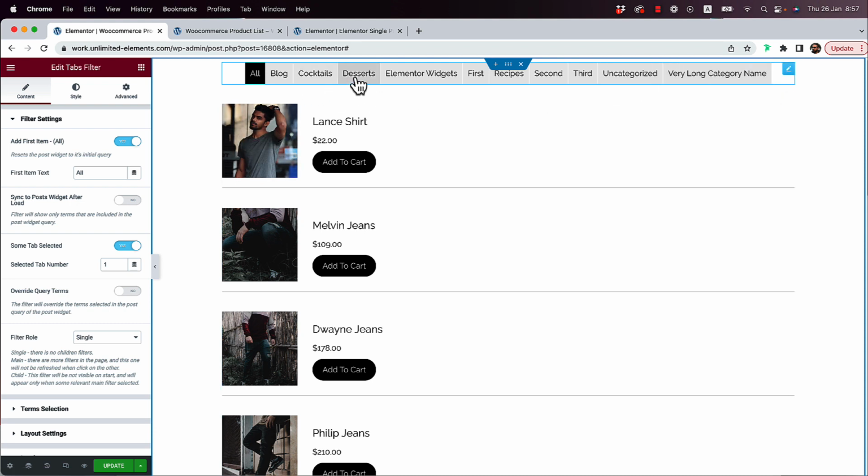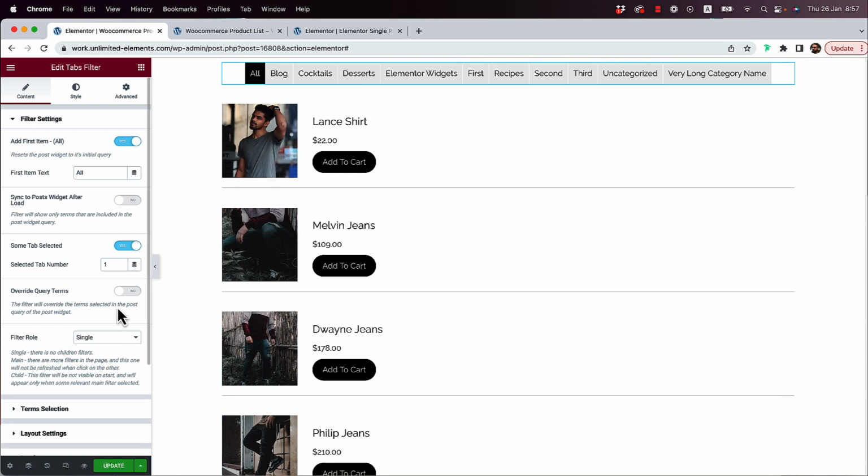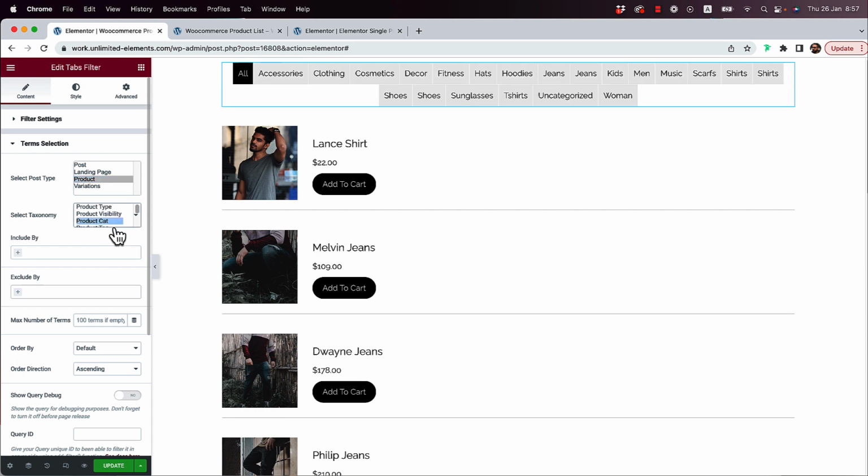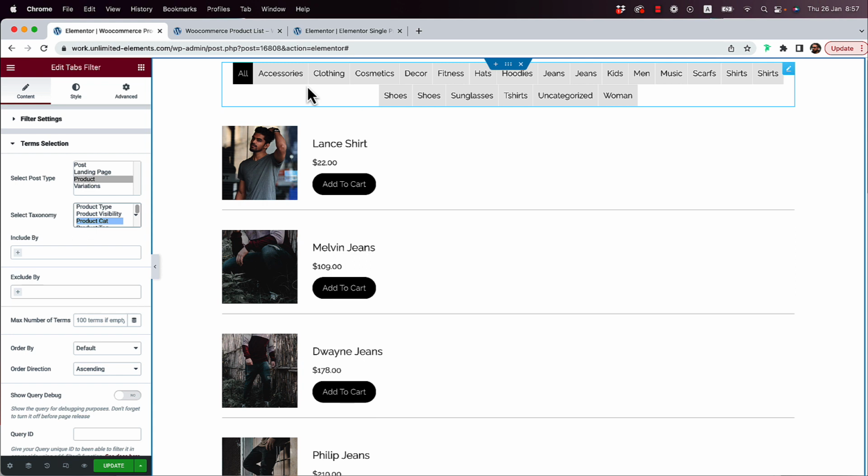It's showing categories from posts, and that's not what we want. We want it to show the categories from our products. So inside of term selection, I'm going to select over here product, and in the taxonomy, I'm going to select product category. And now it's going to show all of the categories